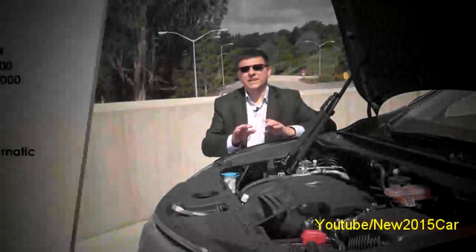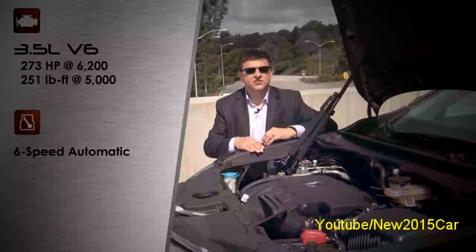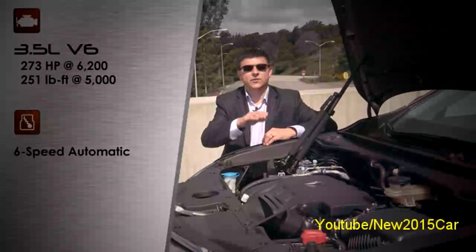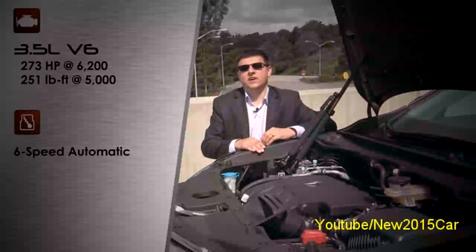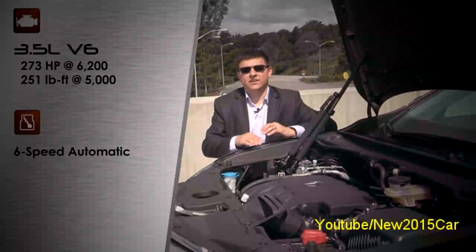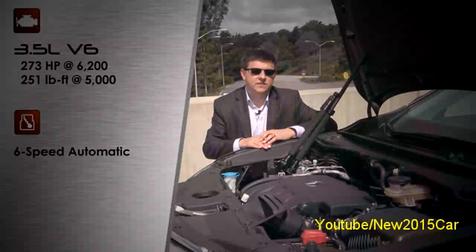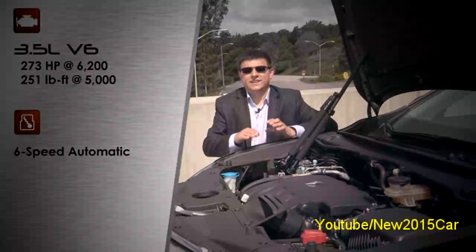With almost everybody in this segment moving away from 6-cylinder engines to 4-cylinder turbocharged engines, Acura did an about-face, and they actually moved from a 4-cylinder turbocharged engine in the last generation RDX to a 3.5-liter V6 engine. This is basically the same V6 engine you'll find under a wide variety of Honda and Acura hoods. It produces 273 horsepower and 251 pound-feet of torque in the RDX trim. With this engine upgrade, things actually improved